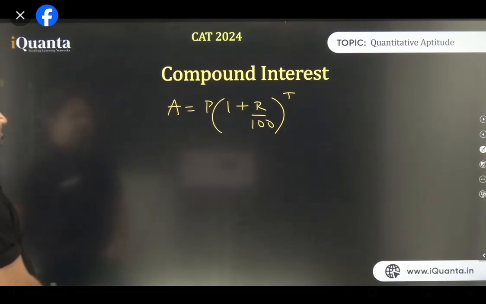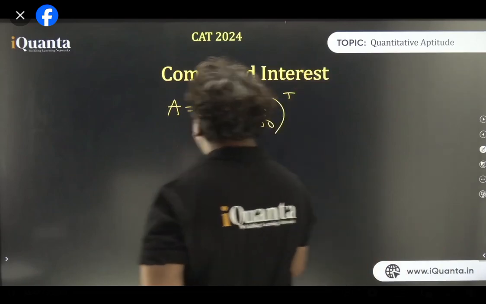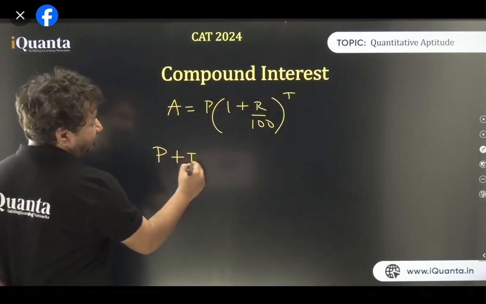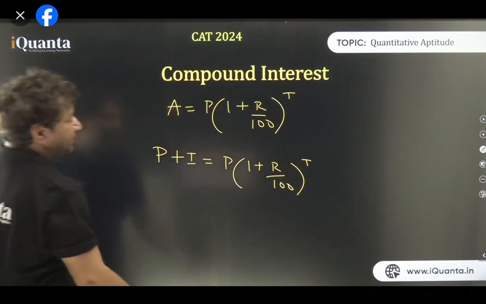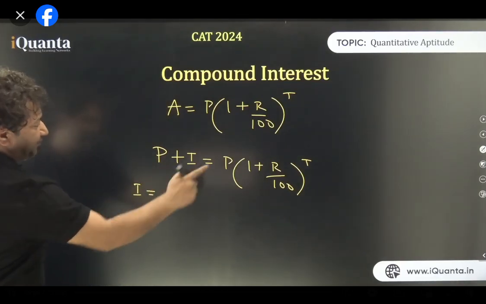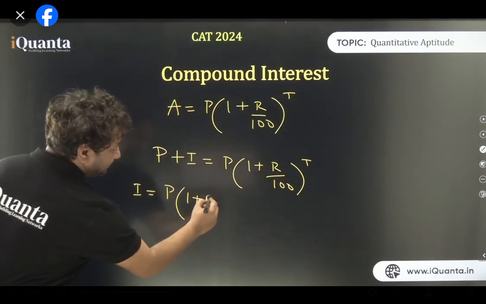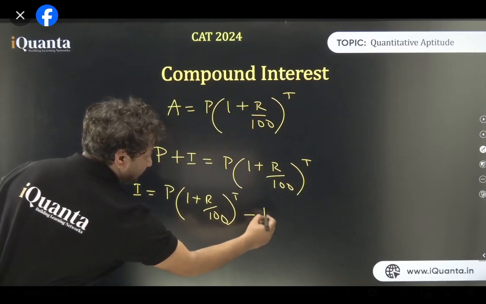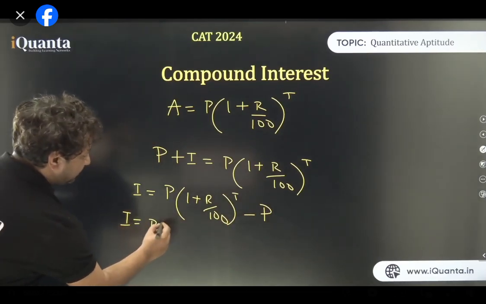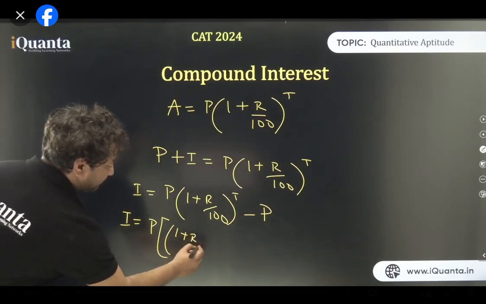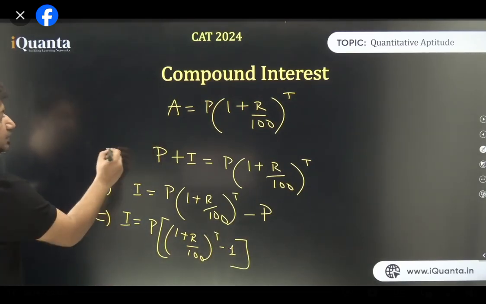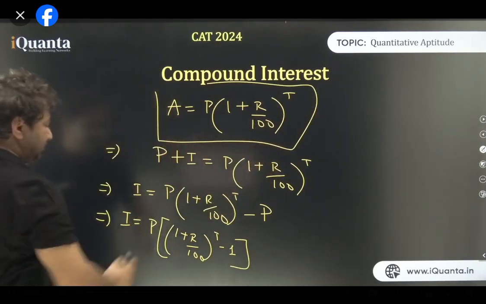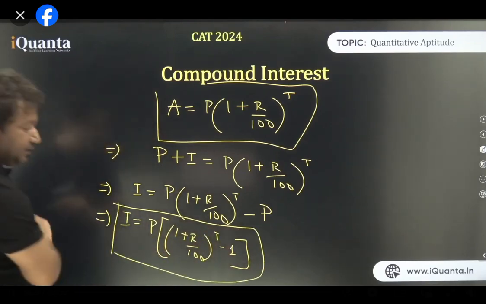Okay. By the way, maturity amount is principal plus interest. That is what you know already. So now if I want to calculate the interest, I'll send P to the right hand side. And now, from the right hand side, we can take P common and put everything inside the bracket. Is that clear, everyone? So now we have two important formulas. One is for the maturity amount, and this is for the compound interest.